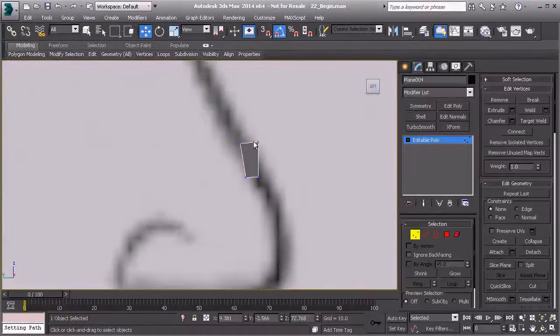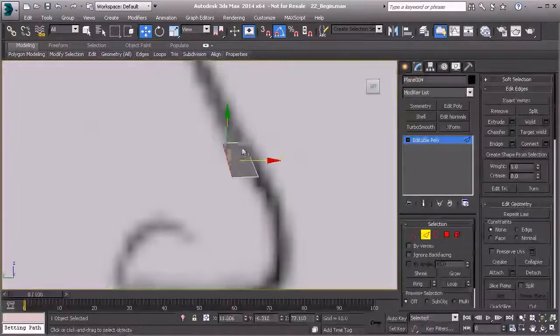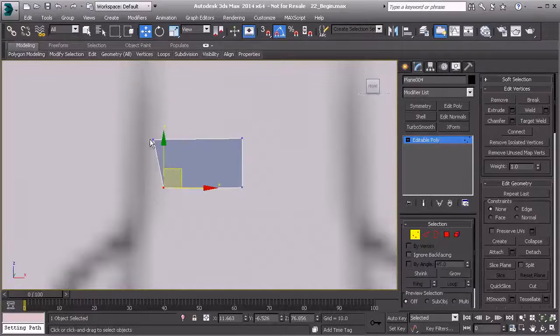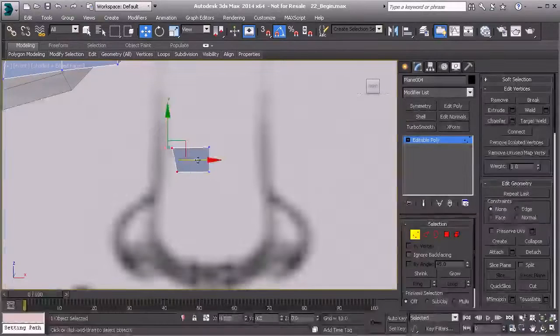So we'll go to Vertex mode and start to make some very minor adjustments. Try to get that polygon set and straightened out. I'm going to pull that a little bit closer. Go to our front view. That should be fairly straight. And now we can start to